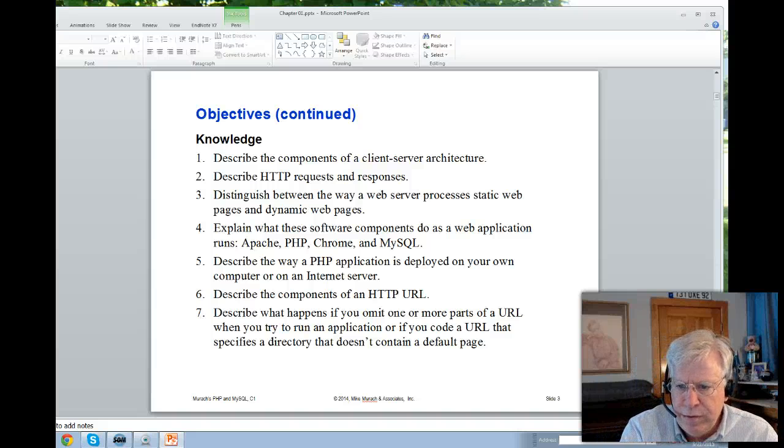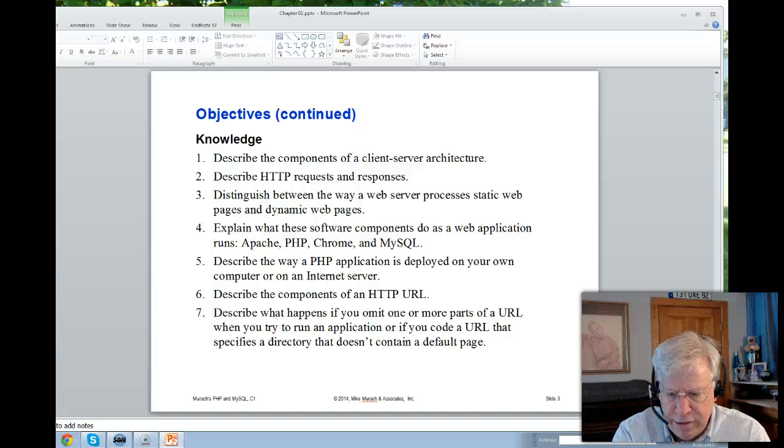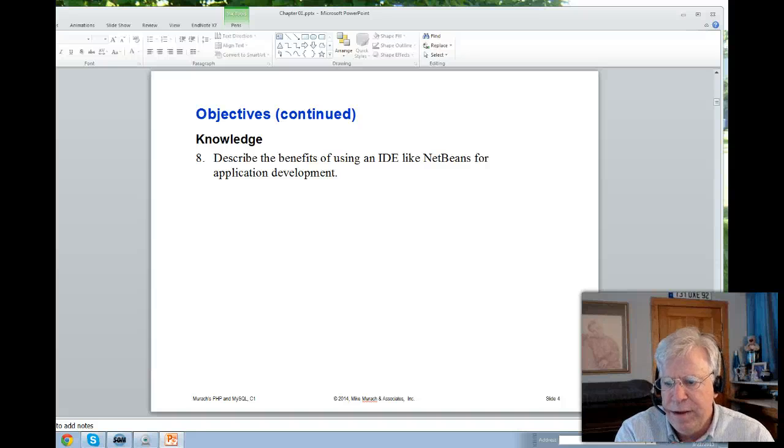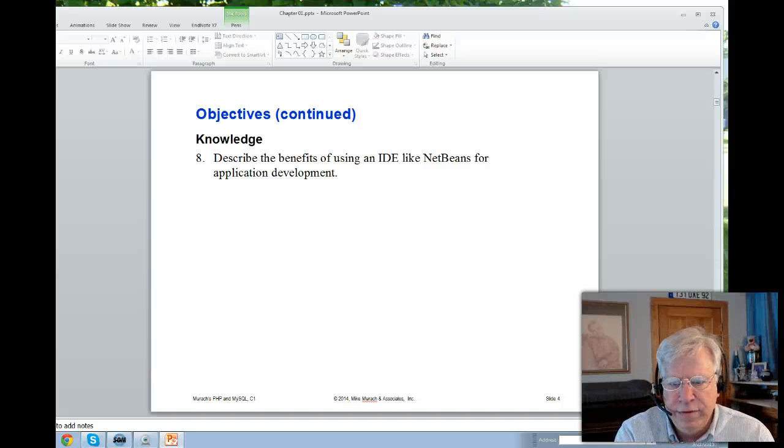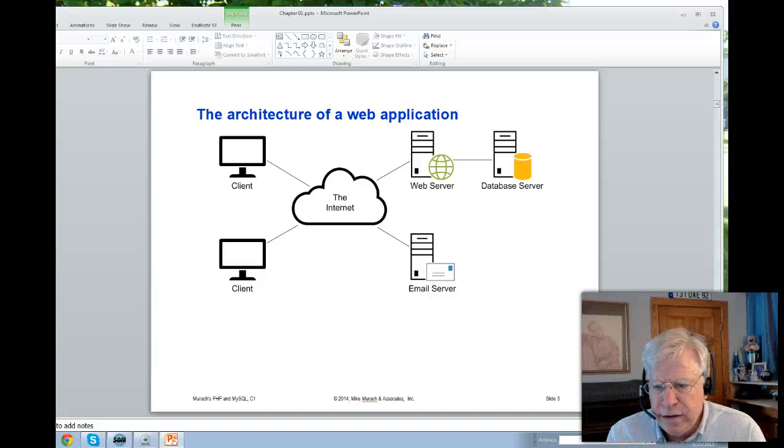Talk about the different components, describe the way a web application is deployed on your own computer and then on the internet, the components of an HTTP URL, and describe what happens if you omit one or more parts of the URL, and describe the benefits of using an IDE like NetBeans for application development. And as I've already mentioned, NetBeans is new to me, so we'll be figuring this one out together. So let's take a look at